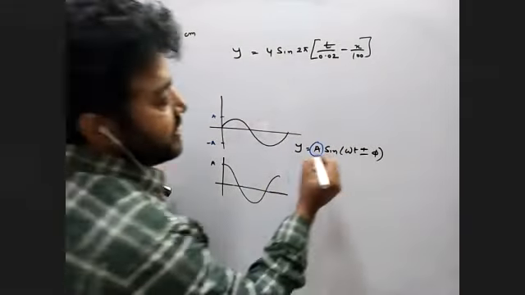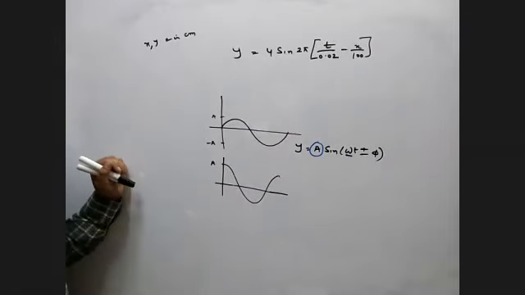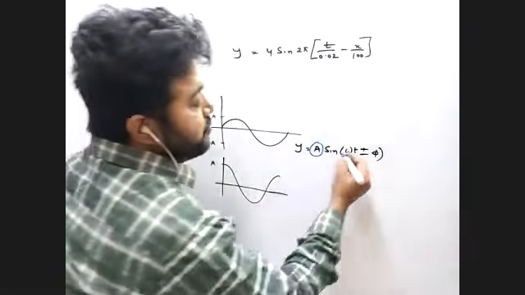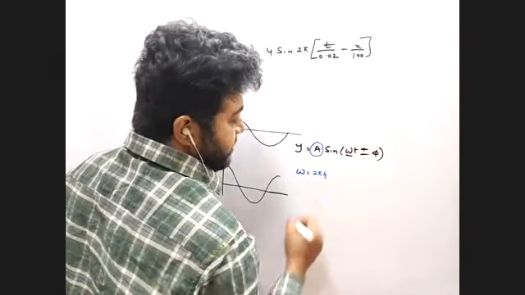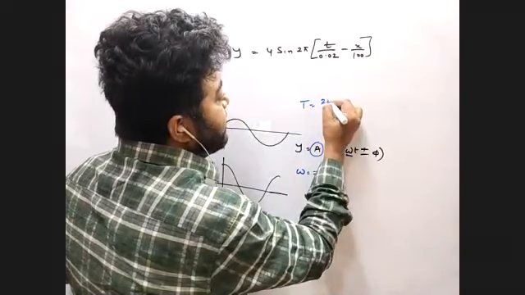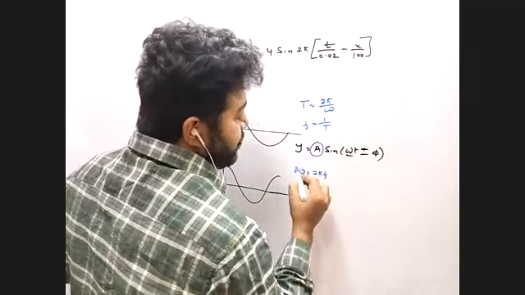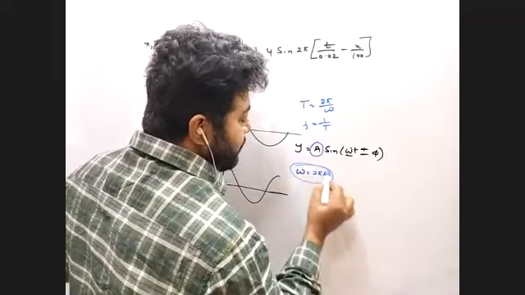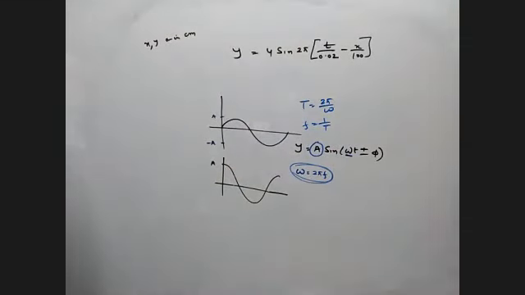Now this one is called the angular frequency or angular velocity. Now how do you find that? Omega, this is the relation: omega equals 2 pi times frequency, time period is 2 pi by omega, frequency is 1 by time period. So once you are able to find omega, you can find the time period, you can find the frequency. Is it clear, everyone?